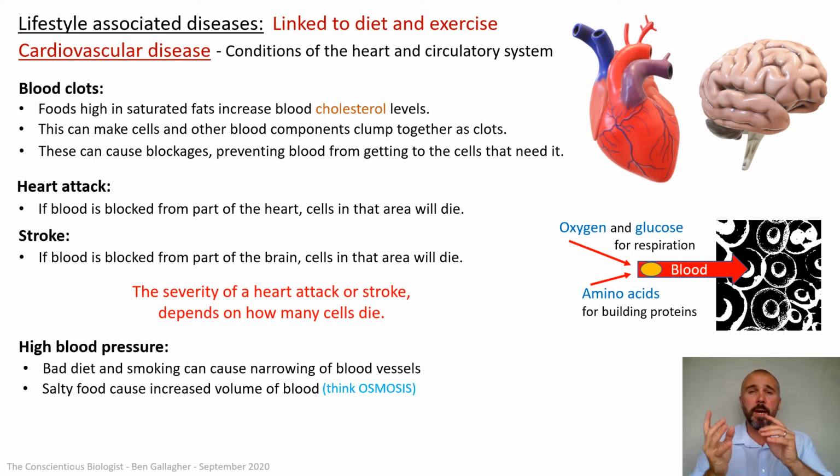If you don't know what I'm talking about, you really need to go back to the osmosis lessons in the Transport Through Membranes playlist. But if you've got loads of salt in your blood, water is going to be pulled out of the cells around your blood to dilute that salt in your blood. It means you're putting more water into your blood, increasing the volume of the blood. But remember, you might have narrower blood vessels now. So what we're talking about overall, you've got more blood, but in less space.